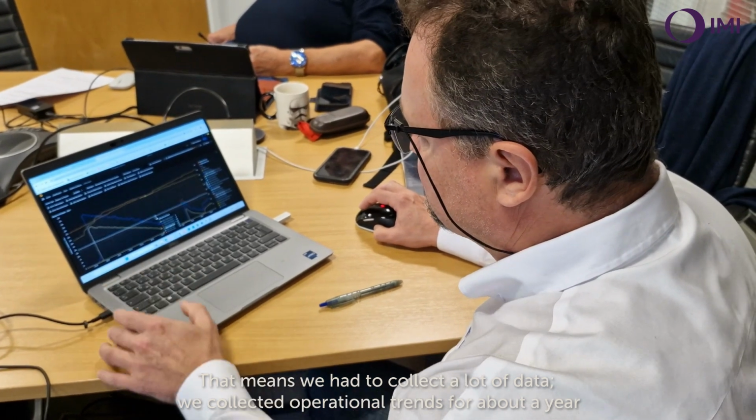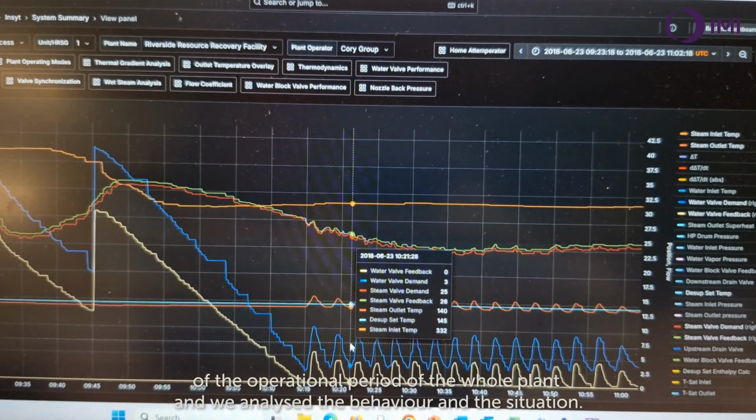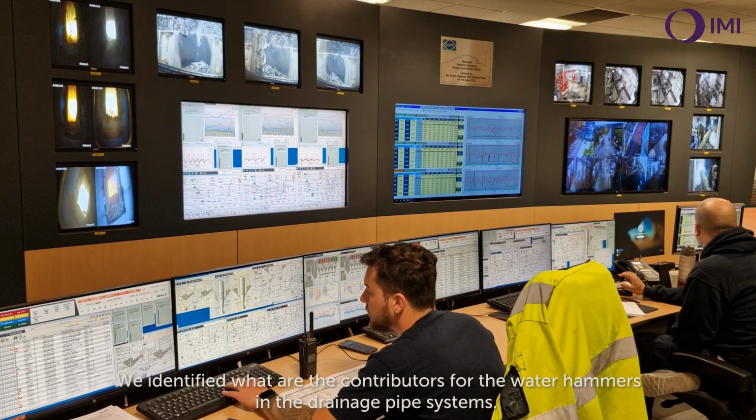The Riverside issue was quite interesting because the customer came up to us with a specific issue of water hammers in the drainage pipe system. And of course, we had to identify the root cause. That's the first thing. That means we collected a lot of data. We collected operational trends for about 1 year operation period of the whole plant, and we analyzed the behavior and the situation, and we identified what are the root causes or contributors for water hammers in drainage pipe systems. And there are basically 3 contributors, which is excessive flows or excessive flow velocities and sudden changes in